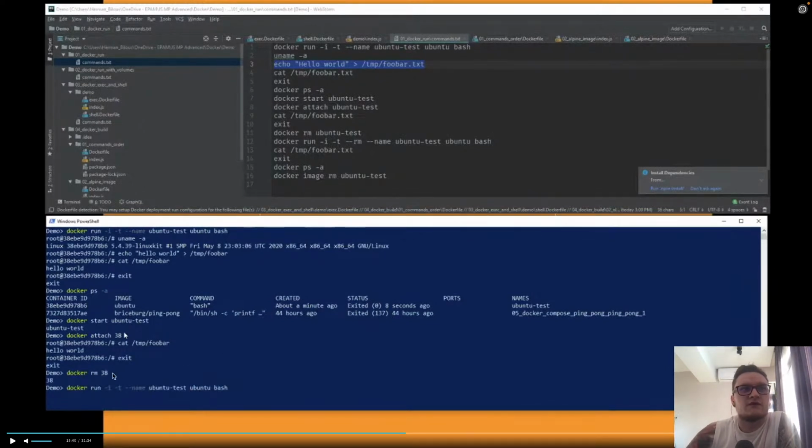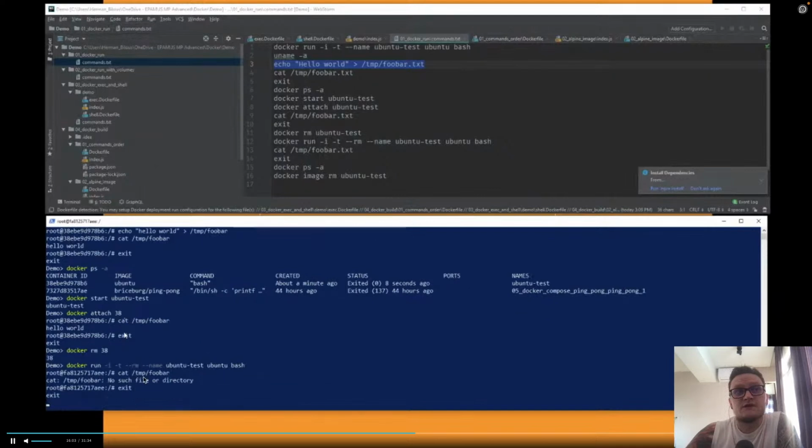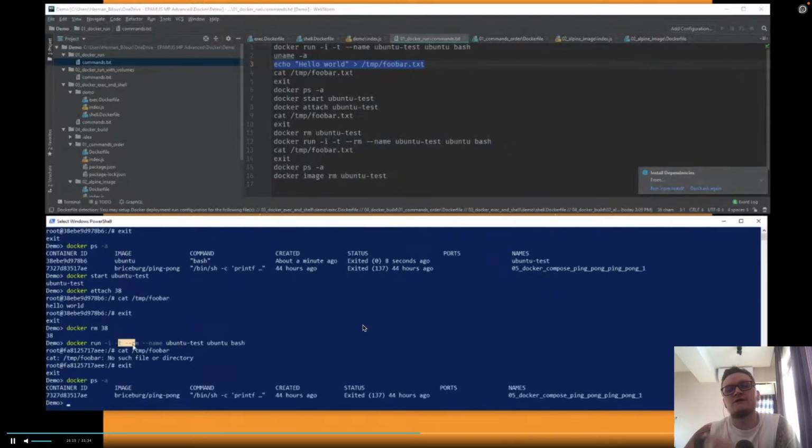If he removes this container, I believe it won't. Yeah, so right now he is removing this container, and after he removed it, the container will run without any more files. Yeah, that's what I told you about volumes.